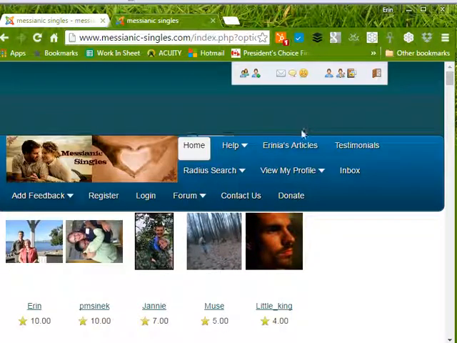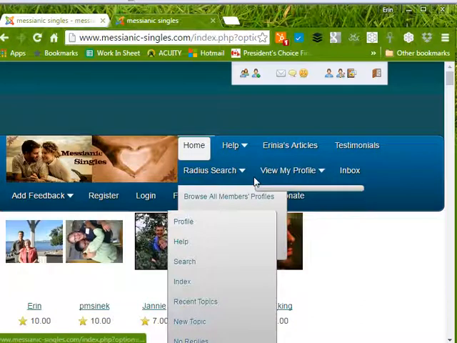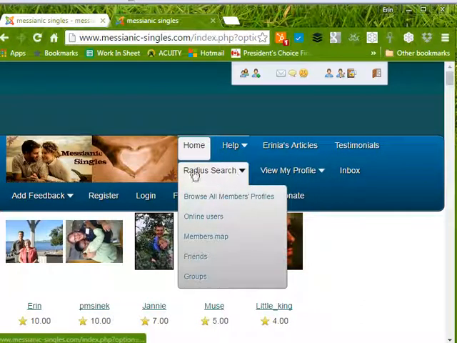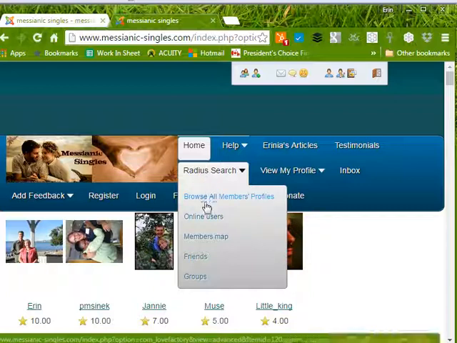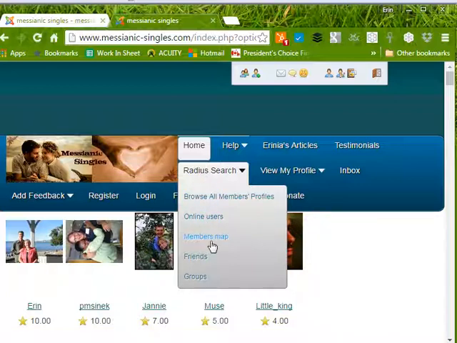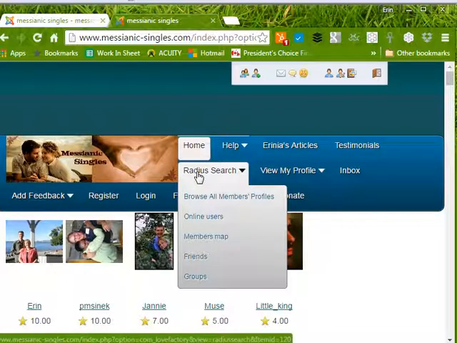So you can also search for people that are close to you. You click here on radius search. I'll show you later. You can go to the members map, your friends. There's even groups where you can chat too. But okay, so let's find somebody close to you so that you can date somebody or make friends, meet and greet people that are close to you. So click on radius search,